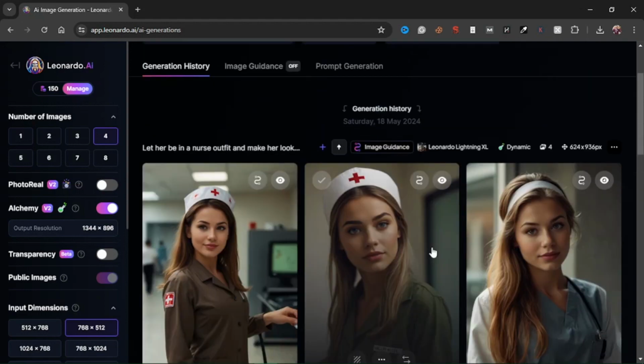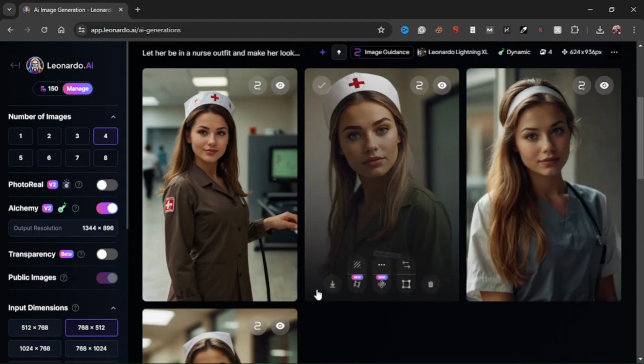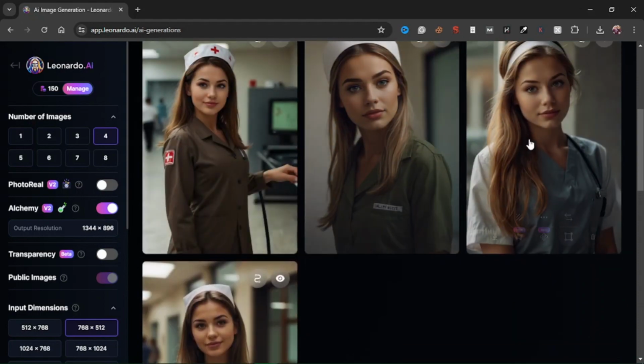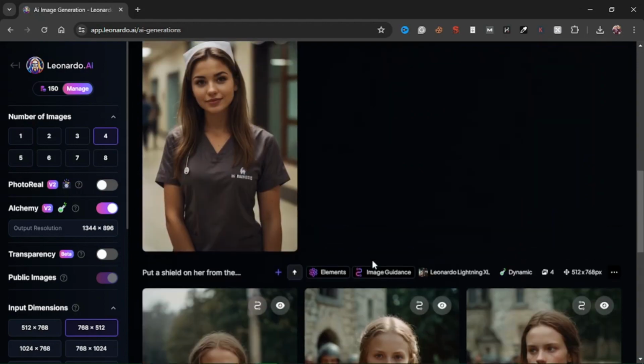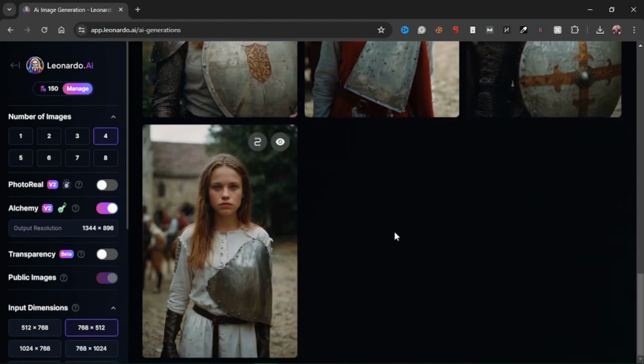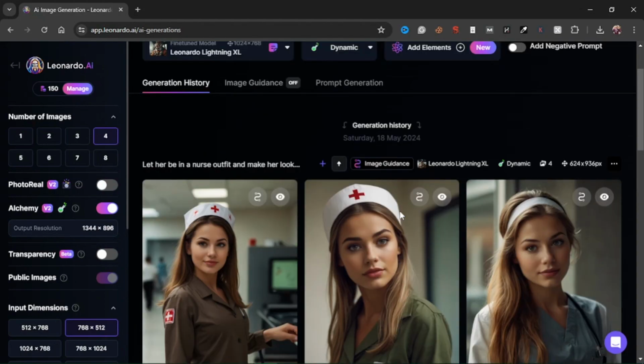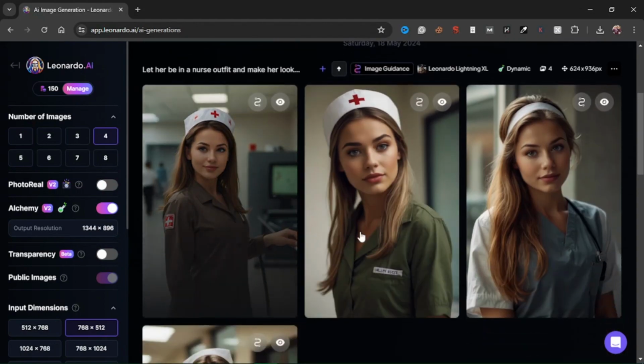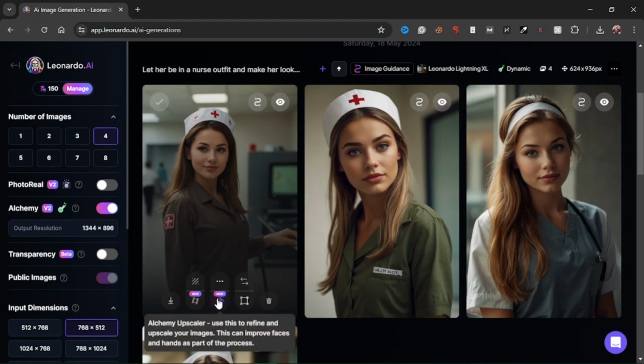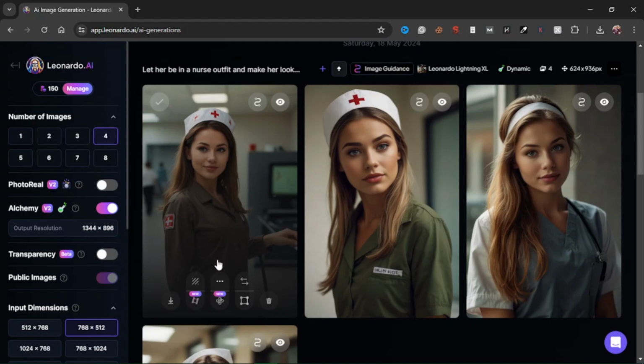Now, these are some of the images we've generated from the previous videos, and aren't they looking real? I mean, look at them. And this was in our video for the image to image feature of Leonardo AI. So let's say we want to just add motion to any of these images. I'll go with the first one, and it's now very easy to find it because from here you could just see it here, just generate motion video from this particular